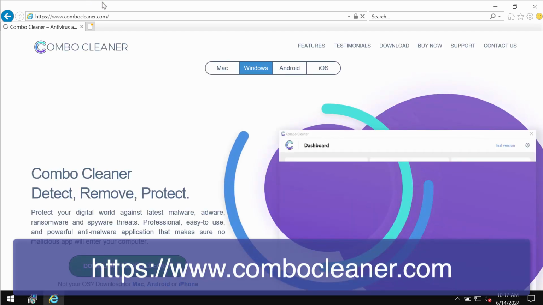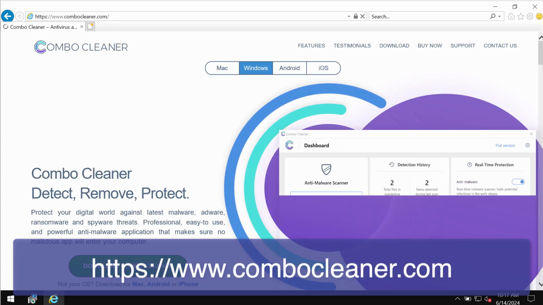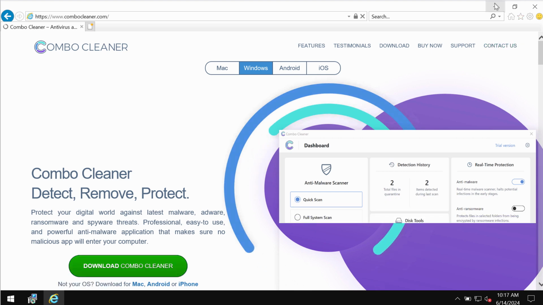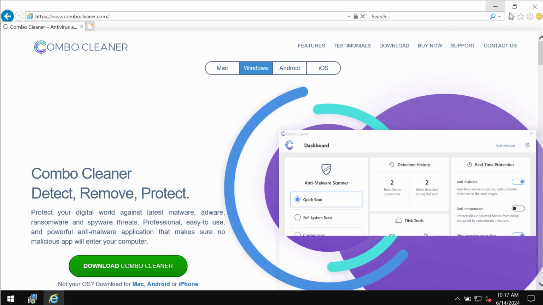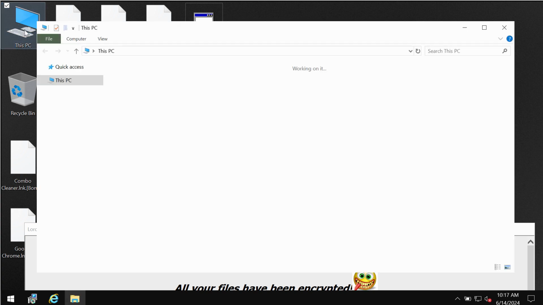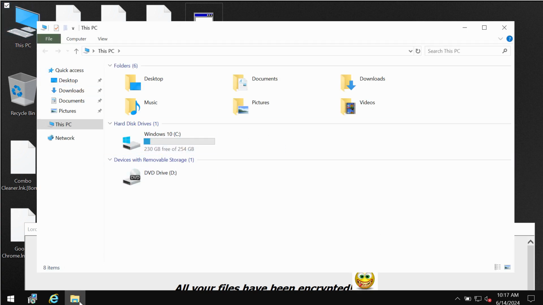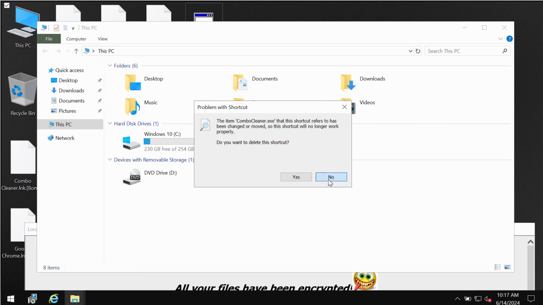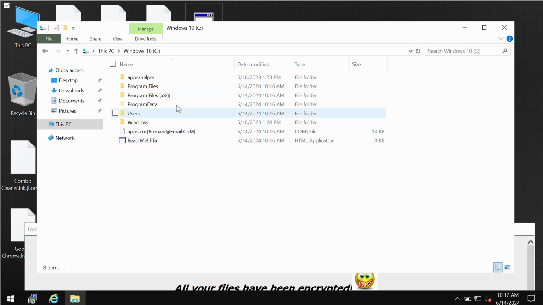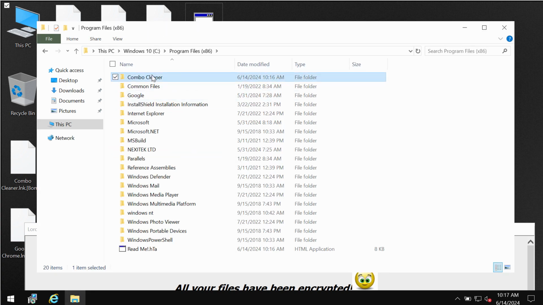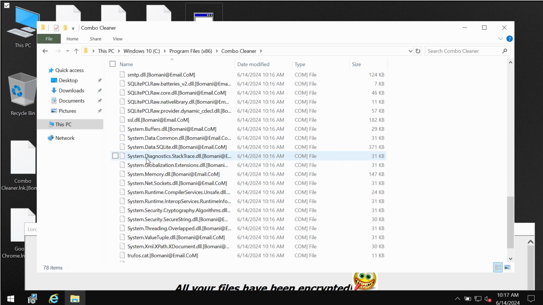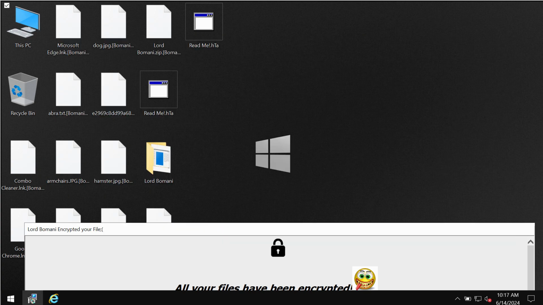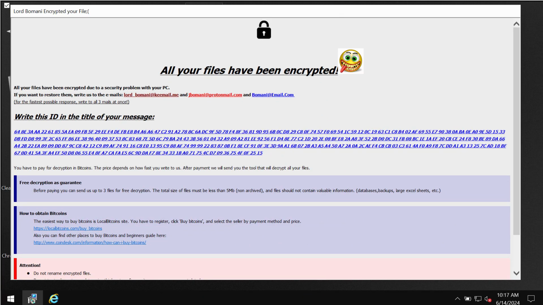Therefore, through your Internet Explorer browser, go to the website combocleaner.com, use the green Download Combo Cleaner button, install the software, and once it gets successfully installed, start scanning the system. Combo Cleaner will be initially in the trial mode, and so only the quick scan option is available in the trial mode. After you click on the Start Scan button, the software will begin researching and investigating your system. You'll find a second part of the video which will give you more facts about how you can use Combo